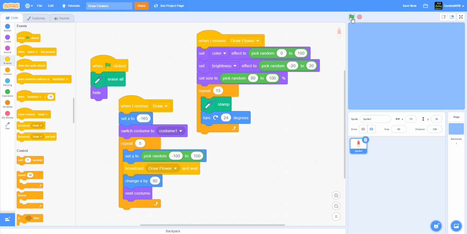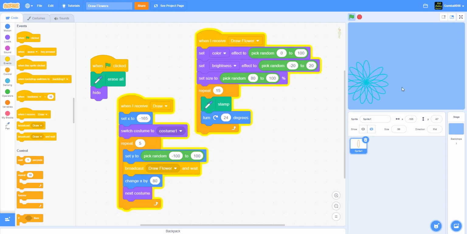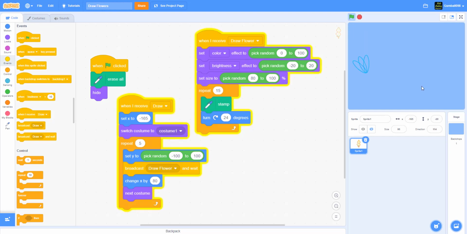So green flag, click on the stage, and you see we have the polka dot, we have the football, we have the Christmas tree, no, that's the wavy line, and we have the regular. We have the regular, we have the wavy line, the polka dot, the football. So it's just a bunch of